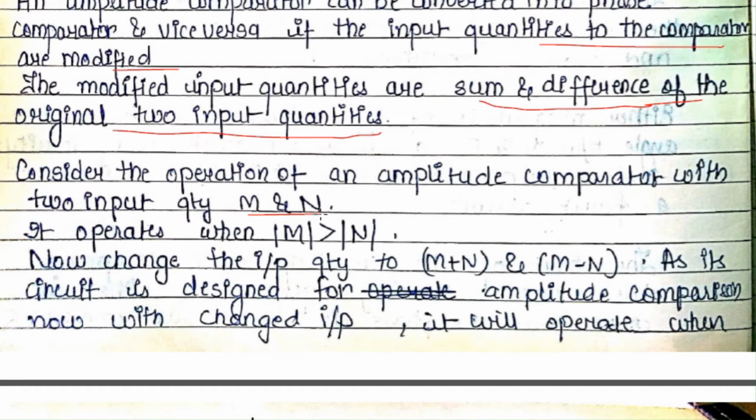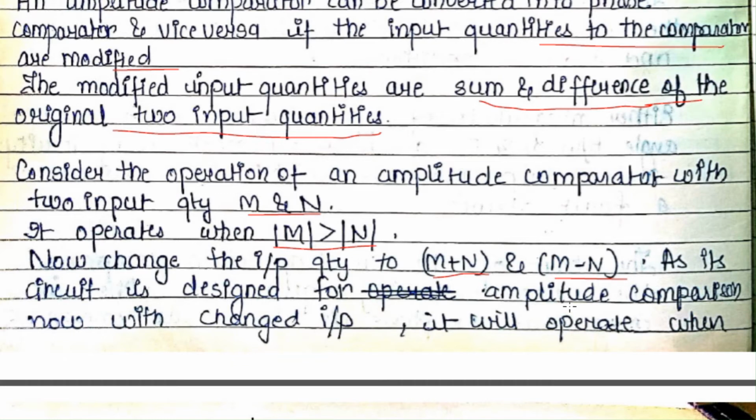These are your operating and the restraining quantity. The amplitude comparator will operate when m is greater than n, means operating quantity is greater than the restraining quantity. Now we will change the input as discussed, the sum and the difference of the original two input quantities, m plus n and m minus n. Now these two quantities will be fed to the amplitude comparator,